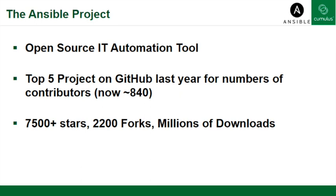Long story short, I was never really too happy with any of those toolings, and I really wanted to try to unify the way that we automated infrastructure. It was very common that someone would use one tool for configuration management, a completely different tool for application deployment, something else to manage their cloud instances, and yet something else to orchestrate all the flowcharts and actions and all the things that happen to